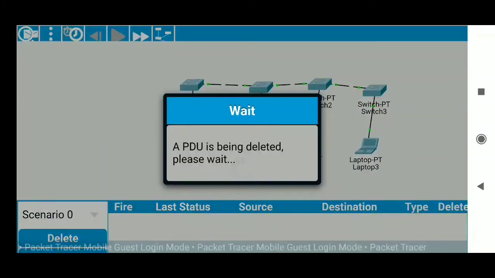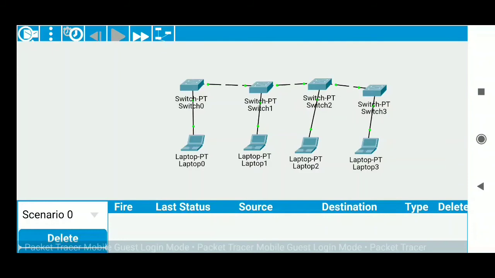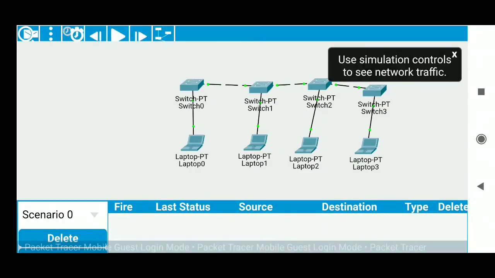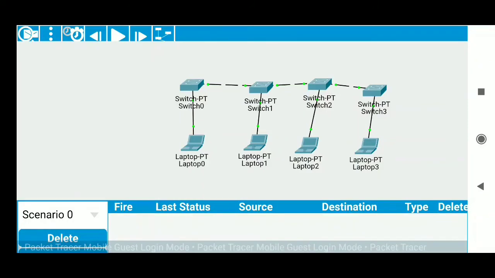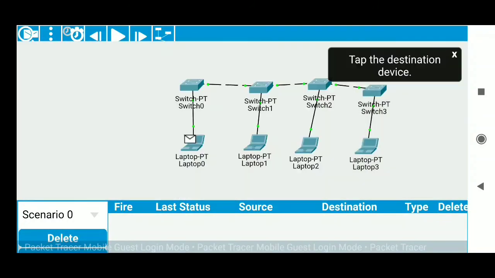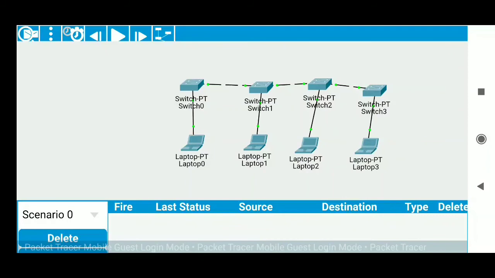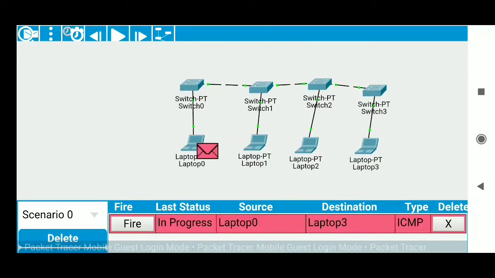So I am now going to delete all this and show the new one, and press on this timer button to see the simulation clearly. I am now sending the message from laptop 1 to laptop 4. So let's check out the simulation. Press on this play button on the top menu, so you can find this.